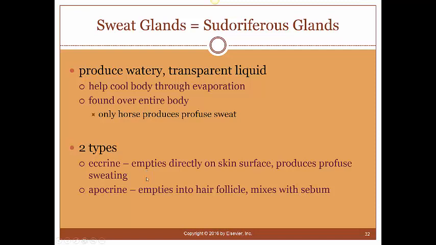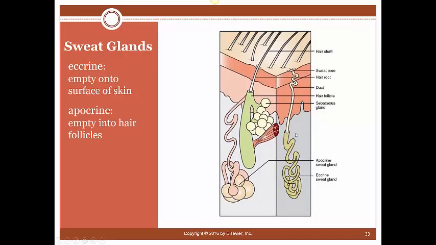Whereas the apocrine, once again, is in the hair follicle and mixes with the sebum, and just kind of helps that oil move across, and can actually play a role also in evaporation and cooling off the body, but it's not nearly as efficient in doing that as the eccrine sweat gland. So it's showing right here where you have an eccrine. These are actually usually a